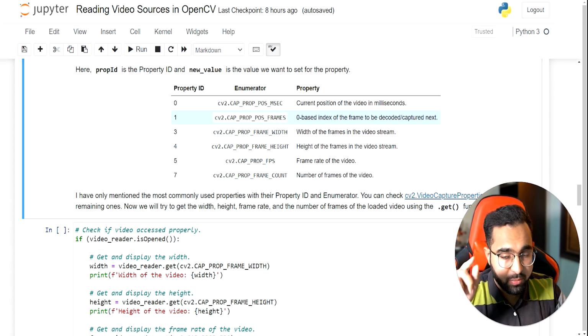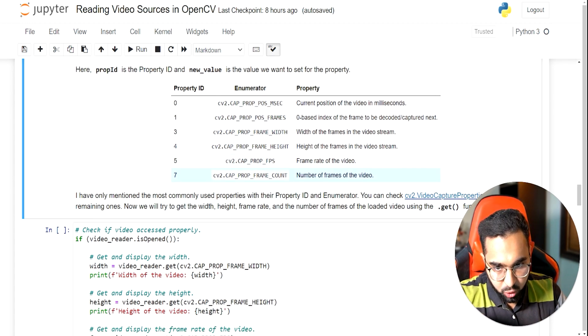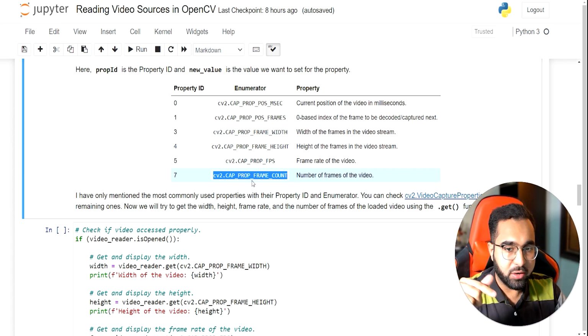This is also really useful because you can also set a frame. By calling this function, you will know how many frames are contained in a video. So this gives you the frame count of the total video. Suppose you know that the total video contains 200 frames. When the video reaches 200 frames, you want to restart the video.